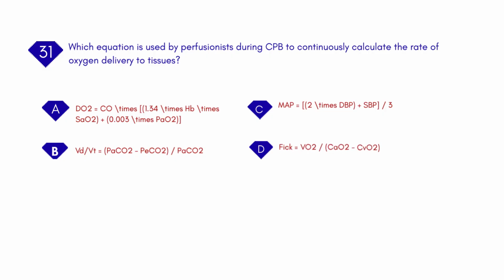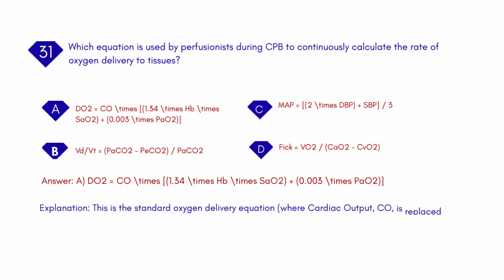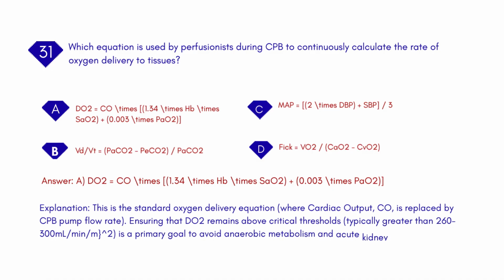D. FiO2 equals VO2 / (CaO2 minus CvO2). Answer. A. DO2 equals CO times 1.34 times Hb times SaO2 plus 0.003 times PaO2. Explanation. This is the standard oxygen delivery equation, where cardiac output, CO, is replaced by CPB pump